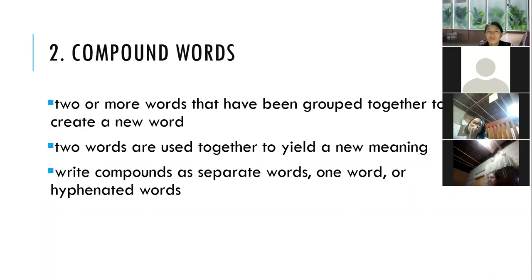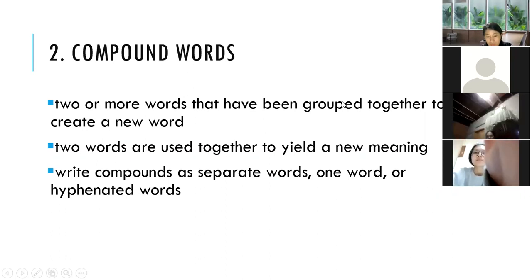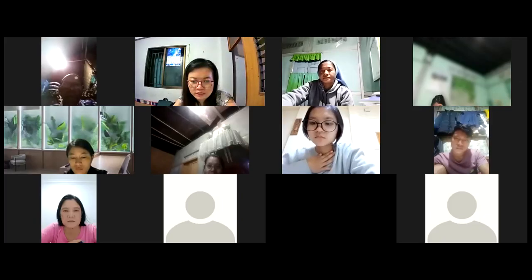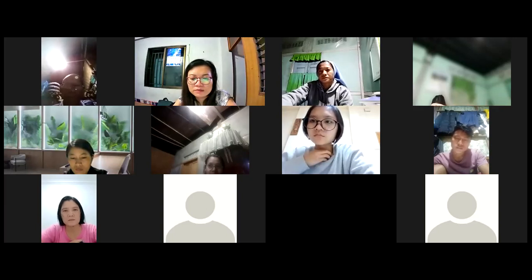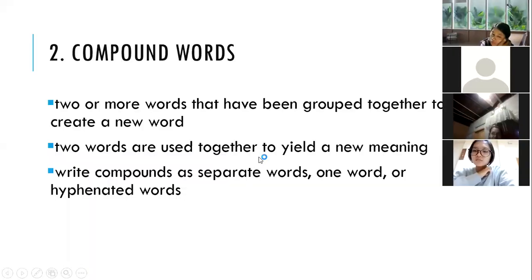Mostly we use this for nouns. So two or more words that have been grouped together to create a new word. So we call it a compound word. Okay, I'm still video recording. And then two words are used together to yield a new meaning. So to do that,